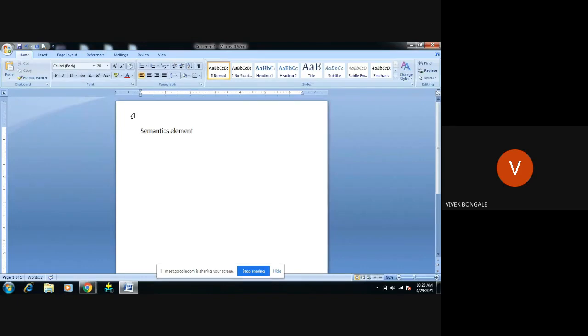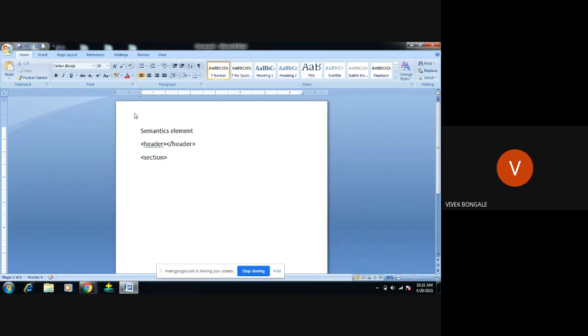One small structure here, right? So as we see in semantic element, it always starts with header, then closes with header, right? The first format we are going to use in any HTML5 starts with header. So header we want to give, right? Then next, after giving the header, you have to give some description for that header, right? For example, SVIT. After giving SVIT, I want to give some description for the SVIT. So what I will do in semantic element, I will use section.